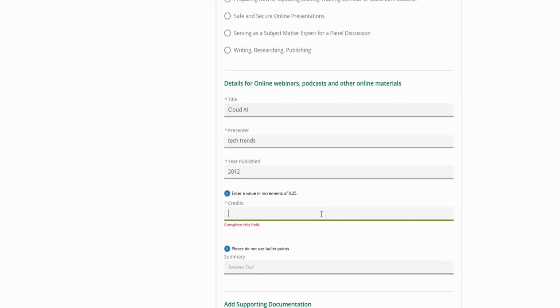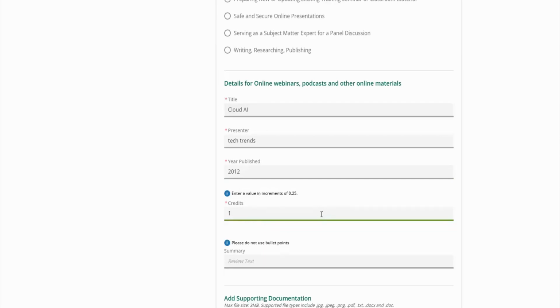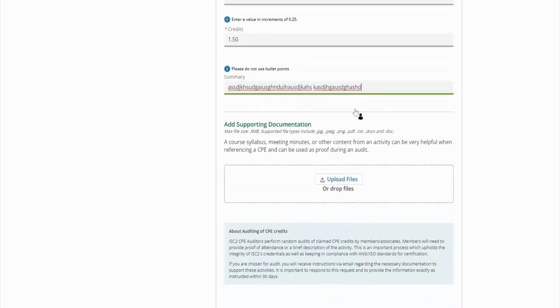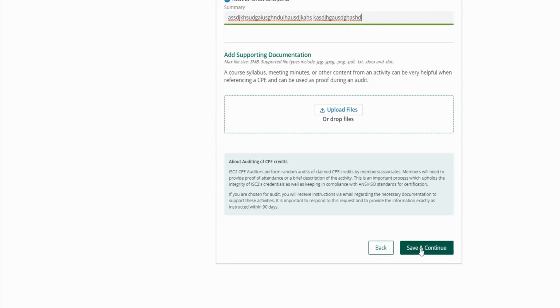And then the credit is going to be either 1 or something like that, but let's say I did 1.50 for that, and then I have to write a description, and so on. So that's why you need to know what you're going to write here. And then you'll receive a certificate, right? You'll upload files, and once you're done, you'll do save and continue.